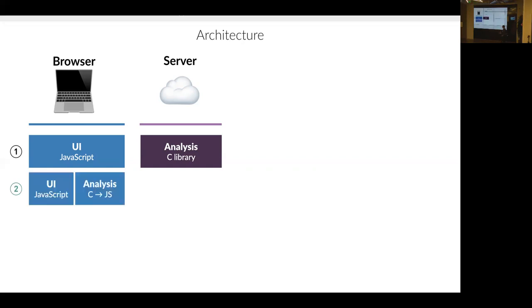What this would look like is that the UI would be in JavaScript, but then for the analysis, let's pretend we don't know about WebAssembly, you could essentially rewrite the C library into JavaScript and hope that it works. And this is actually what we had done at the time. And this has a lot of benefits, namely,